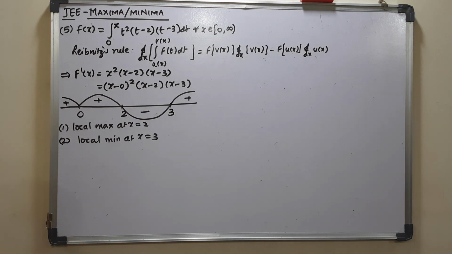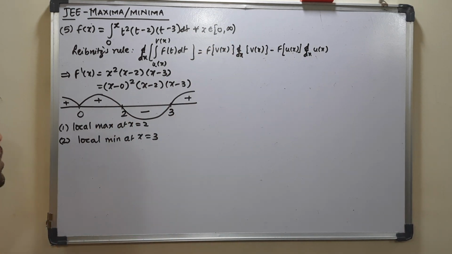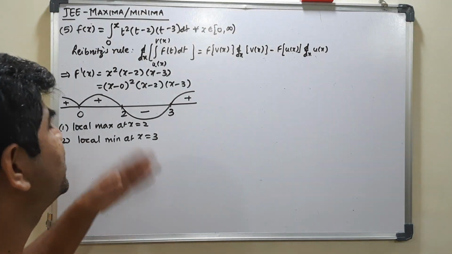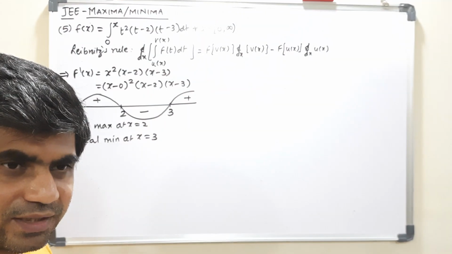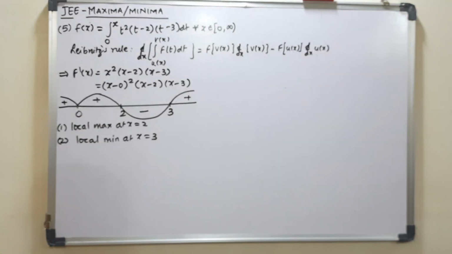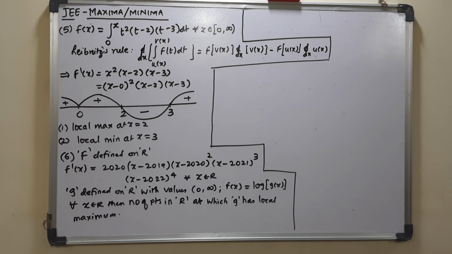And at least I can see that there is at least one point between this particular interval where we will get a stationary point, there can be more, at least one, that is, f dash c will be equal to 0. Okay, so this is one of the questions which we can solve using the wavy curve method, and many questions you can solve like this without actually finding the critical points.